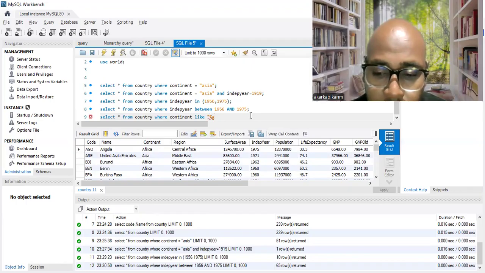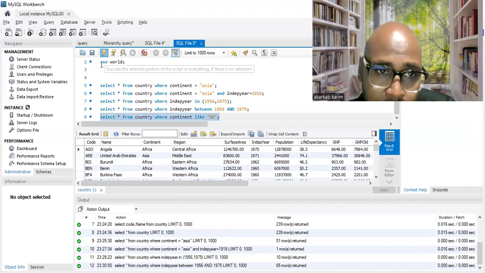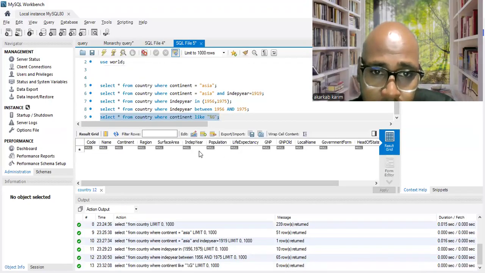I want the returned value to contain a G. The purpose of this query is to return all the continents that have this letter G. If I run it, there is none here.